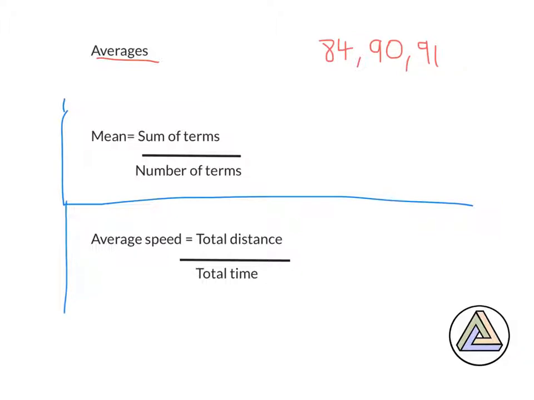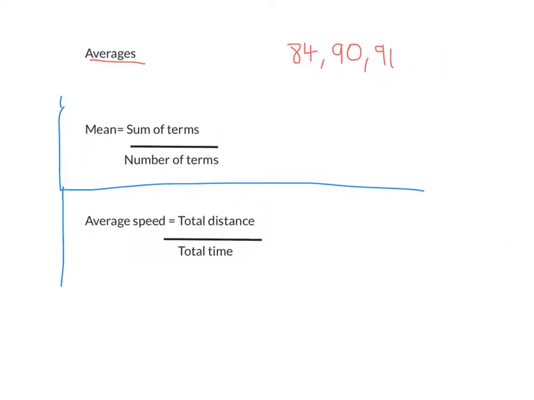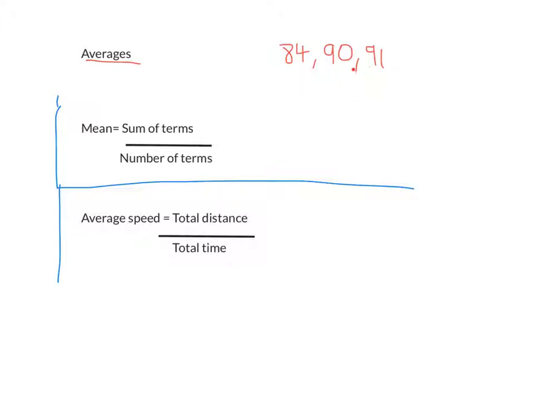And you're going to be taking a fourth test, and you want to make sure that you get an average of, let's see, 92. So our target average is 92. And that's the average for all 4 tests. Okay? But so far you got an 84, you got a 90, and 91. So the question is, what do you need to get on the 4th test